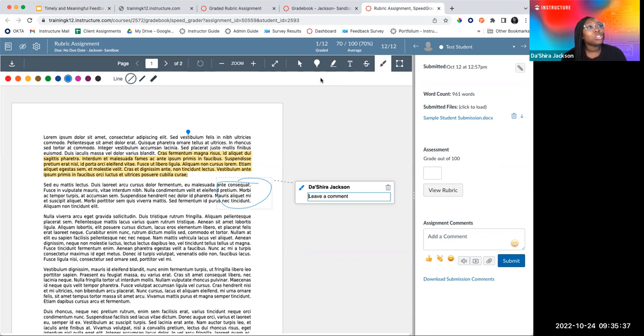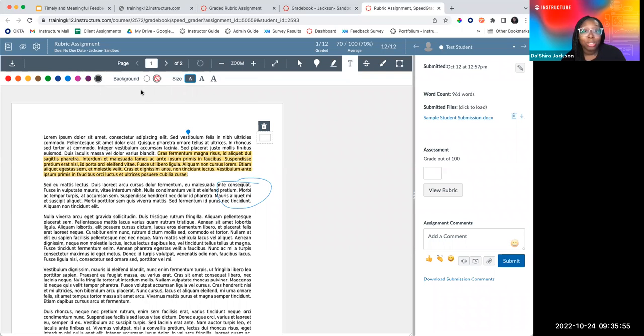And as you click on these different tools, there'll be different colors. For this one, we can change the line thickness. We also have the ability to click on here and leave text directly inside of that document, and we can change the size of the text and the color. So you have the option to customize it as you need to. So that's one option, the annotation tool. In order for this to show up, when you create an assignment, you do have to make sure it's a file upload assignment for this toolbar to show up.